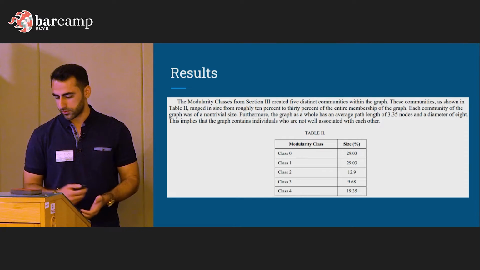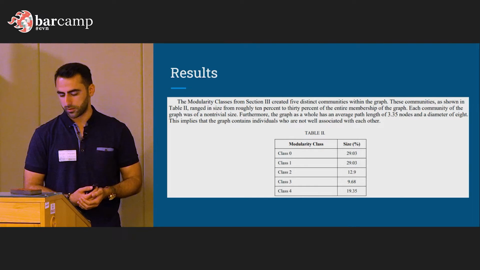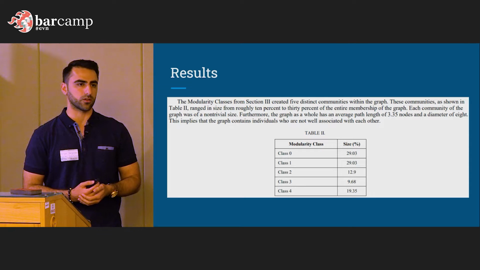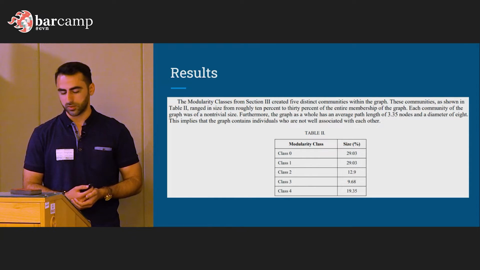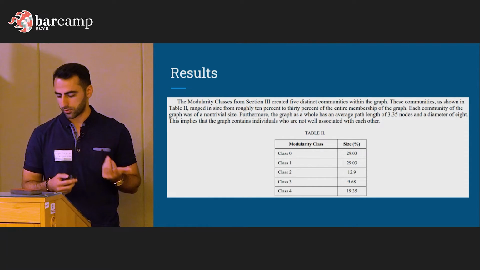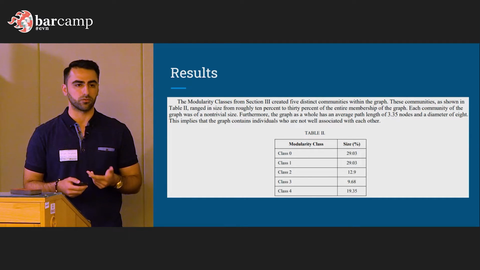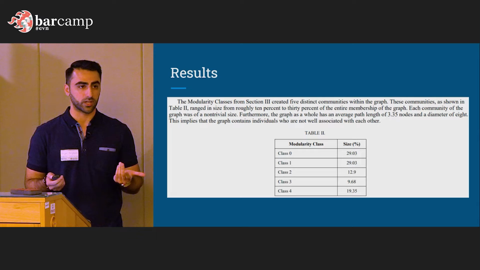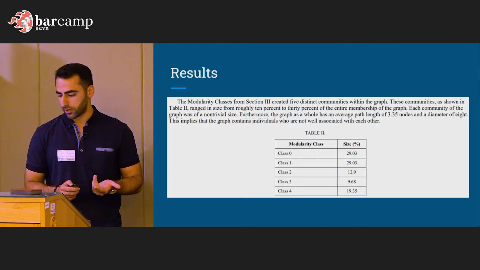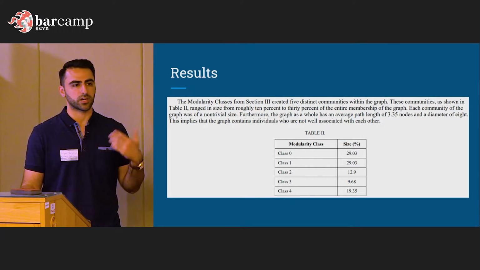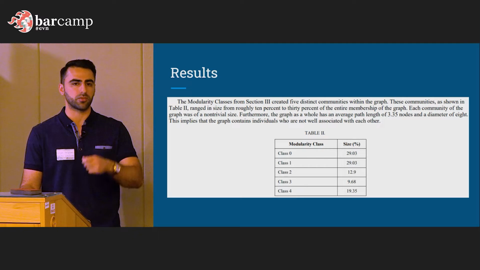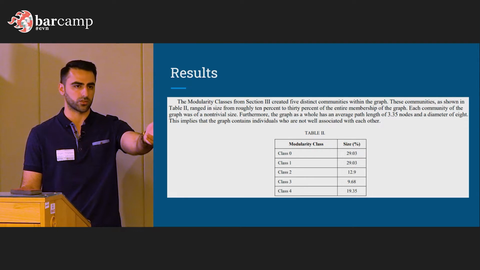And these are the results. So what we found out was that there were actually 5 groups of dolphins existing off the coast of Florida. Some of them are usually the same size, around 30% of the total set. Some of them are much smaller, so we can consider them to be almost negligible. And what we uncovered was that the average length between these was actually 3.35. So that just means how many dolphins you have to go through before you get to the next one.